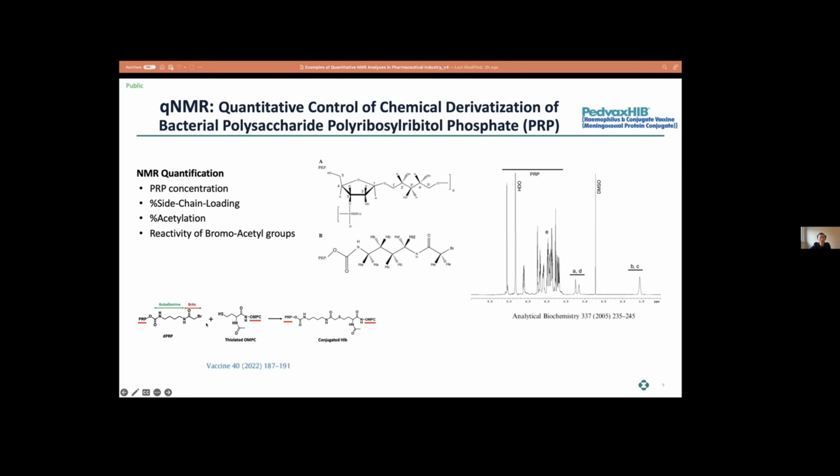So we use NMR. First of all, we quantify in each production or processing media how much of this bacterial polysaccharide it contains. We're using a quantitative NMR approach, and also during each individual processing step, which we call the activation and conjugation process, we characterize it using NMR to see how much of the Haemophilus B polysaccharide is conjugated with a linker and with the activator bromoacetyl groups, and also how much active bromine groups remain,